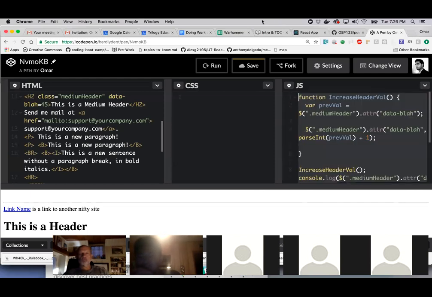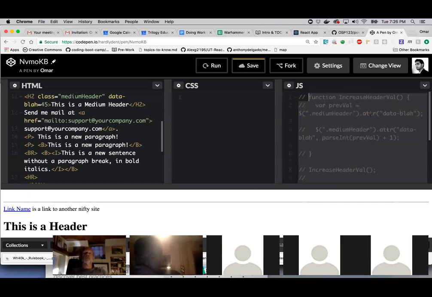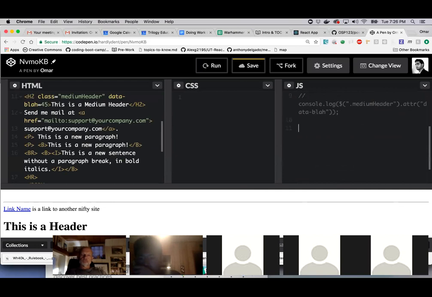So if I do something like, and these are jQuery objects, so if I try to get medium header dot text, and I want to update that. So if I'm trying to update this,